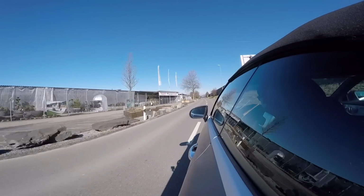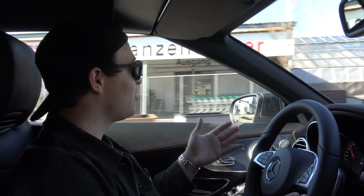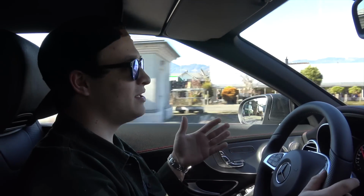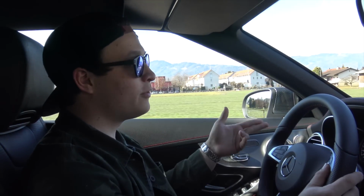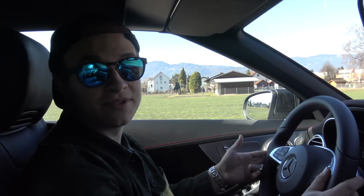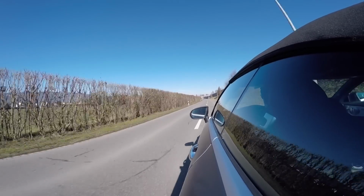Some of you may now ask, why not C63 AMG? Well, the main answer to this is the C43 is a 4MATIC, which means that it's a four-wheel drive. We have 31% of the power to the front wheels and 69% of the power to the rear wheels. Now we have a 3-liter V6 with 367 horsepower in this car,